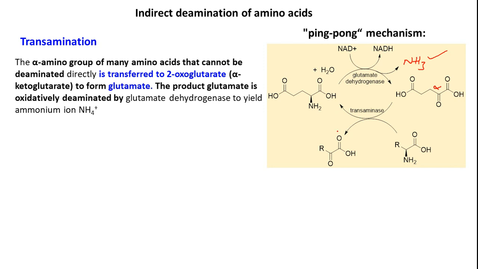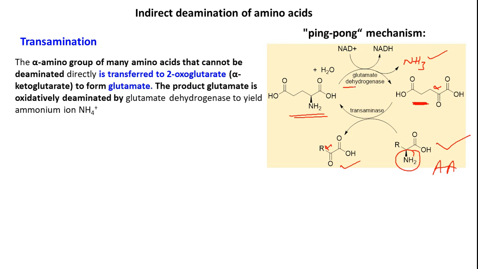Okay, now this alpha ketoglutaric acid acts as an acceptor of ammonia that is going to be eliminated from the amino acid. So this is the actual amino acid, whatever is there in your body, but this alpha ketoglutaric acid is going to receive the amino group, so thereby the amino acid is going to be converted to an alpha keto acid. Okay, so this is what we call a transamination reaction. It means the amino group from one amino acid is eliminated to provide a reception system for the amino group, abstraction of the amino group from amino acids.